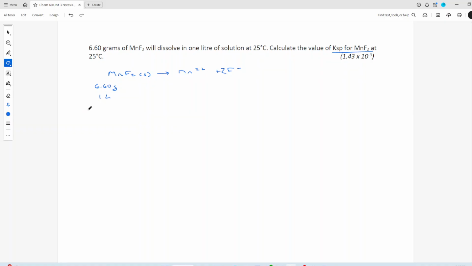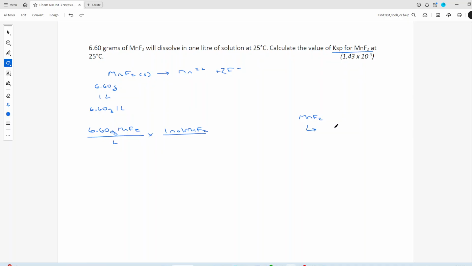So my solubility will be 6.60 grams per liter. So I want to take the 6.60 grams of manganese fluoride and convert it to moles. So 1 mole of manganese fluoride, you know when you have a fear that you're saying this wrong? I'm pretty sure it's manganese. Now I'm doubting myself, right? Weighs how much? Well, MnF2